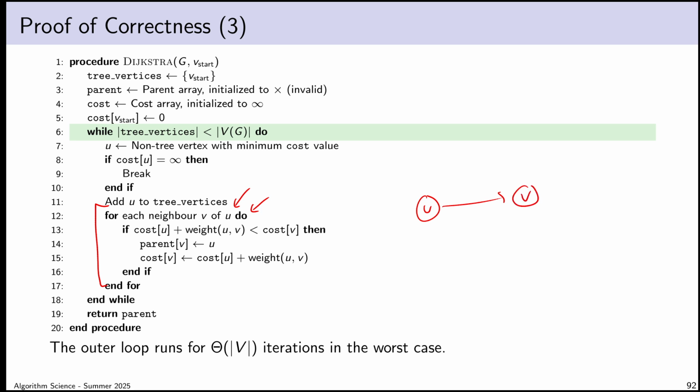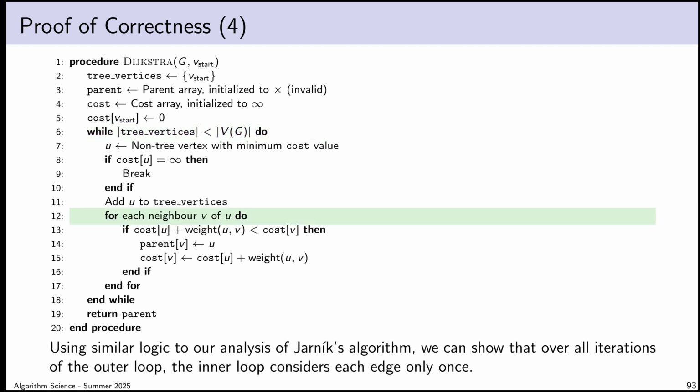And in the worst case, I will do that for every possible vertex u, which means if I consider the number of iterations of this loop over all iterations of the outer loop, it can be at most this number of edges, because each edge will be seen exactly once. As I observed earlier, that was the goal we were trying to enforce, that I relax every edge only once over the entire course of the algorithm.